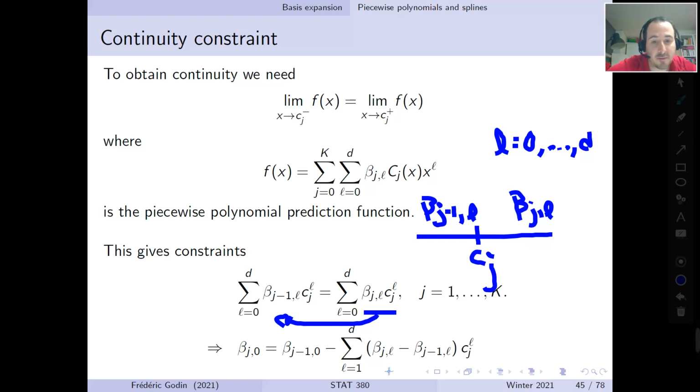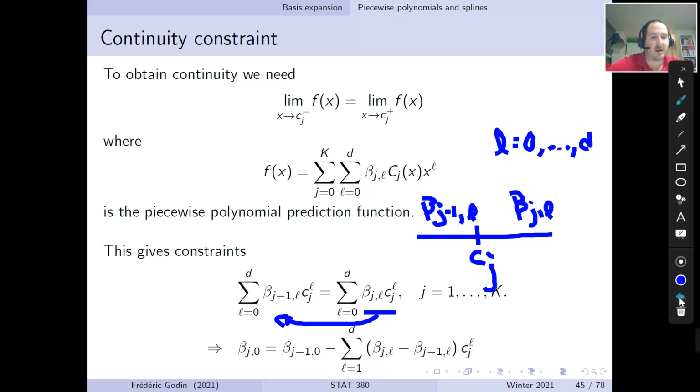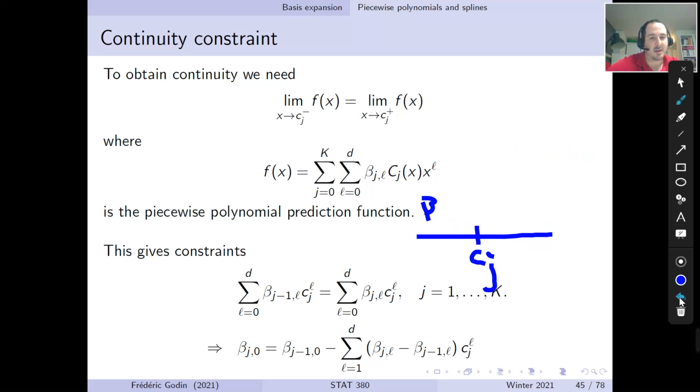Okay, so all other parameters associated with higher order monomials can vary freely, but the parameters associated to the monomial of order 0 are constrained by this relationship. Okay, so this is to get continuity,